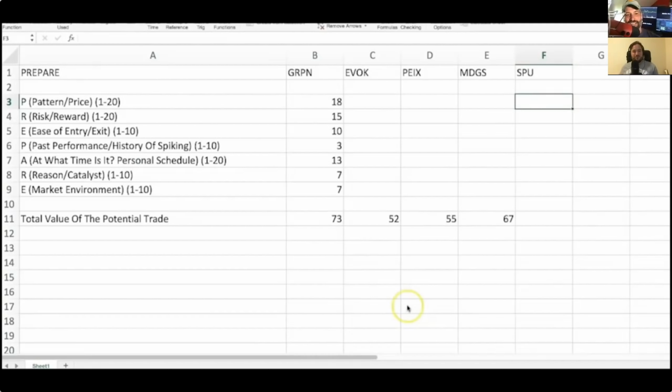Anyway, and then reason and the catalyst. This is the one thing I don't know, and we can kind of move on and hear what Sykes has to say. For the sake of brevity, I'm going to give it a 5 just because I don't know the reason. And I know Sky People Fruit Juice's history, and they,